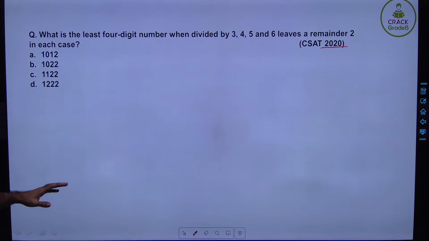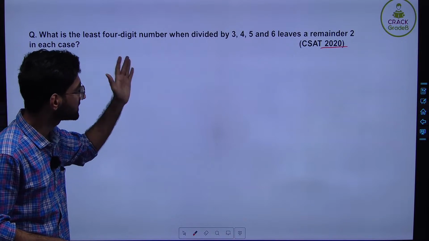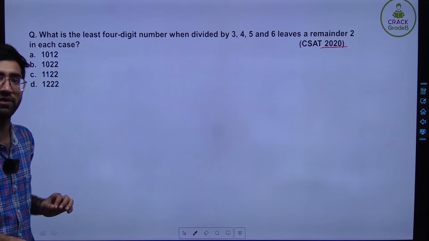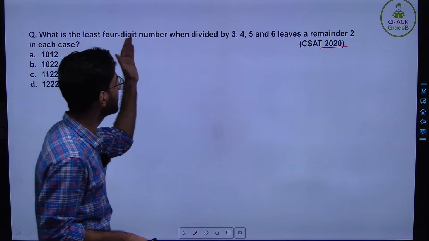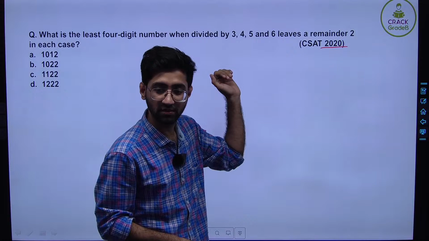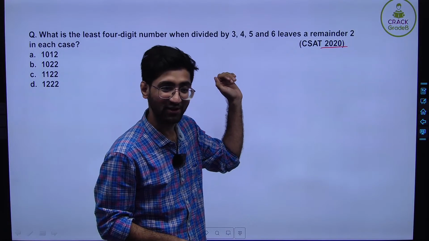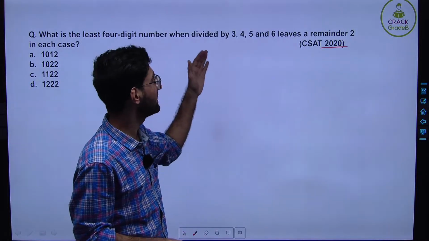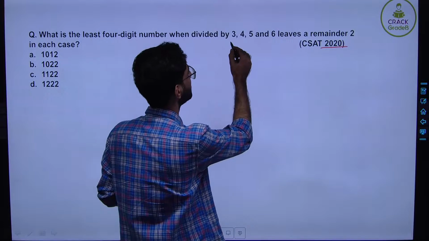The question says that you have to find the least 4-digit number. Which option is correct? Okay, see, you have to find that least 4-digit number, that if you divide that number